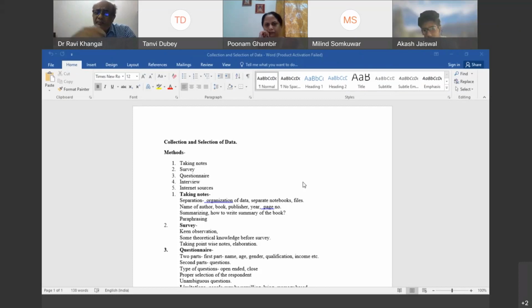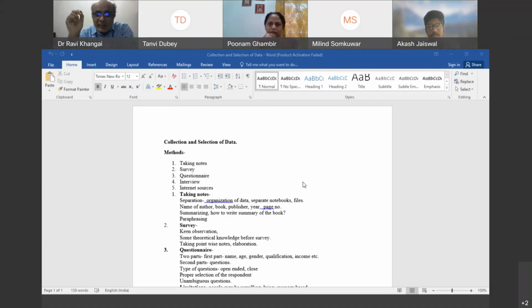In fact, research itself is a skill. If somebody tells me how to cook and just sends me to the kitchen, I may not be able to cook. Cooking is a skill. If somebody explains gear and steering and clutch and pedal, and just makes me sit in the car and gives me the car, probably I will meet with an accident, because driving is a skill. Similarly, research is also a skill, and summarizing the content is an important task that we have to perform while taking down notes or while using the resources for our research.